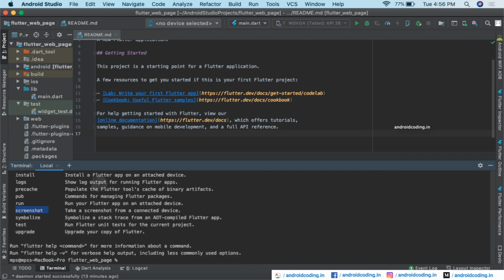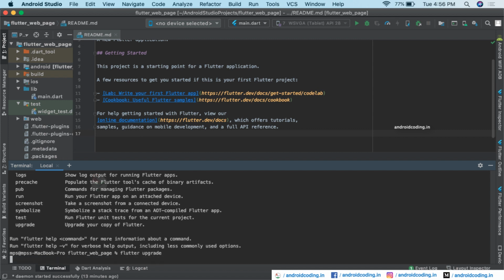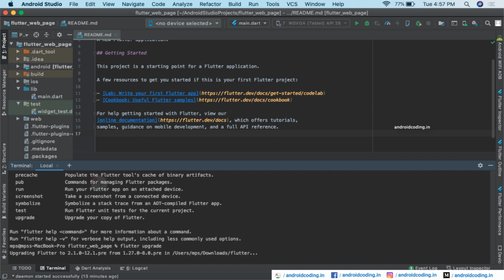So now let us upgrade our Flutter. I am running flutter upgrade, and this will take some time. Previously we upgraded Android Studio, and Xcode also takes some time. So do this upgrade process when you have enough time, because sometimes it may take even 10 hours for your Xcode to update depending upon your system configuration. For me it took over 6 hours, so I recommend doing it in your free time.